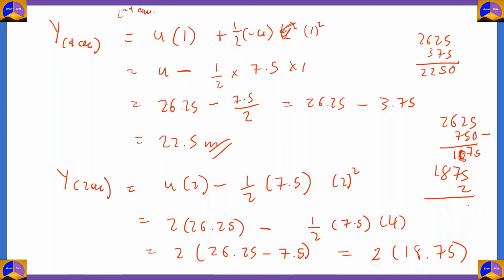So 5 2s are 10, 7 2s are 14, 14 plus 1 is 15, 8 2s are 16, 16 plus 1 is 17, 1 2s are 2, 2 plus 1 is 3. So we got the value of y at 2 seconds as 37.5 meters. And we know that the height h is equal to y at t equal to 2 seconds